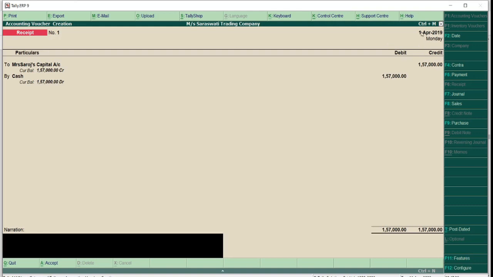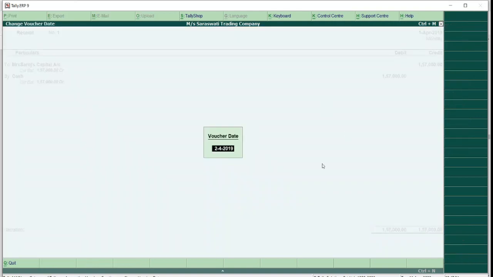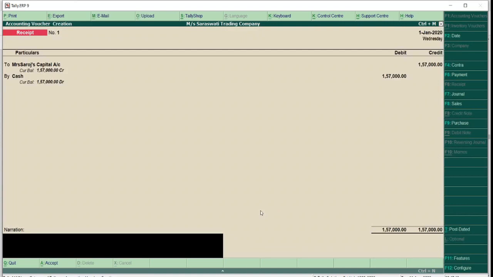One thing I forgot to tell you is that you have to change the date. To change the date you have to press F2, or you can simply click and make changes in the date. I want 1st January 2020. You can see the date is now changed to 1st January 2020, Wednesday.